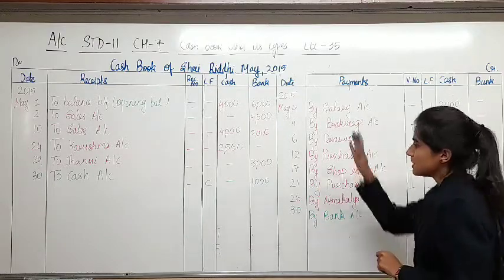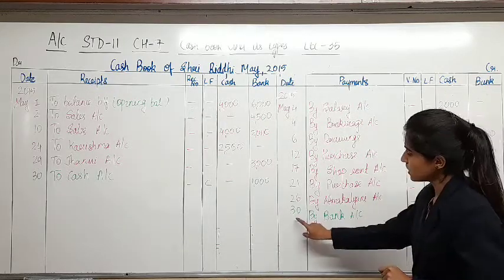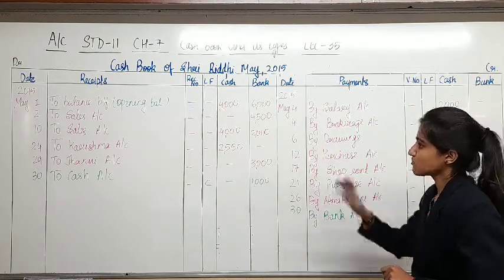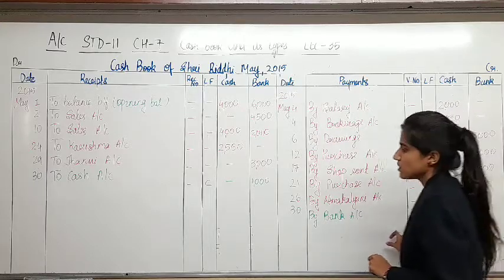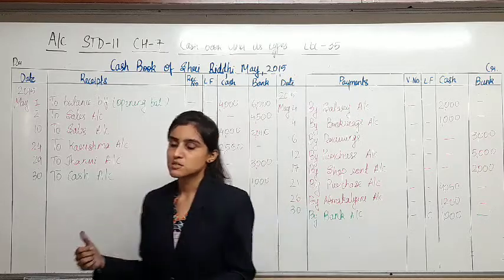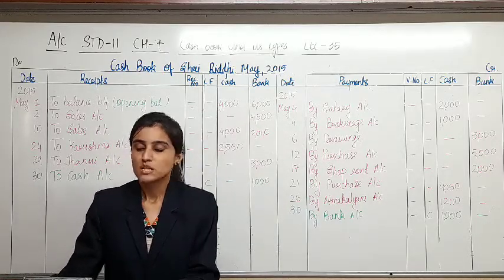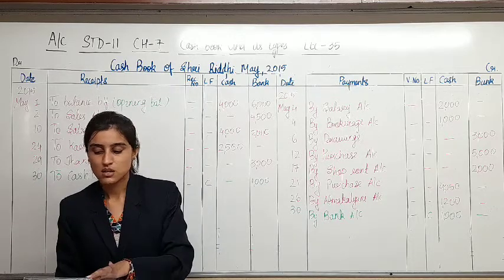The total of debit side you will be doing, you will deduct the total of this side on last date of the month of May by balance carried forward, total on both the sides, and the closing cash balance becomes opening balance for the next month. Yes, so this is how you solve sums.